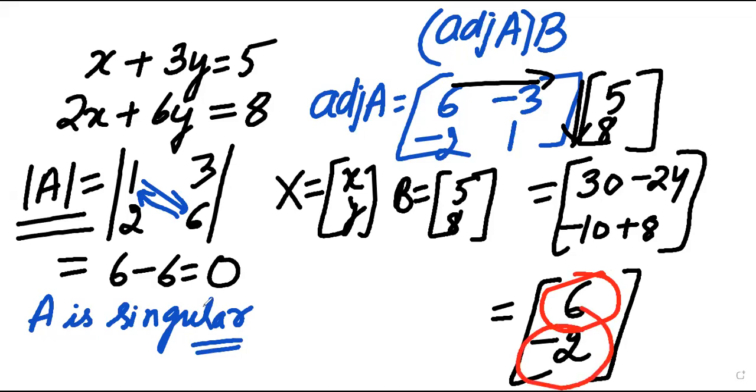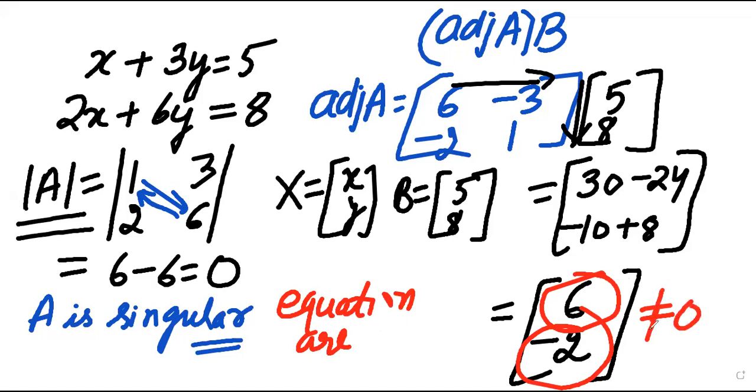So you can say here the system of equations are consistent. Sorry, not consistent, it is inconsistent. Not equal to 0 is coming, right, son? Okay. But we have learned that if adjoint of A into B is not equal to 0, then we say there is no solution. Okay. Don't write x and y here. X and y values will not come. Directly we say here that the system of equations are inconsistent.